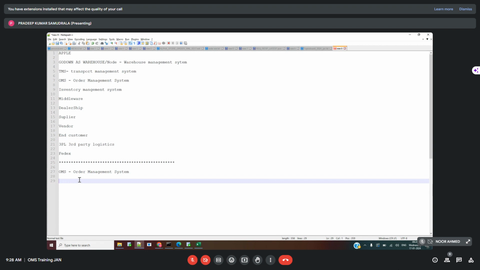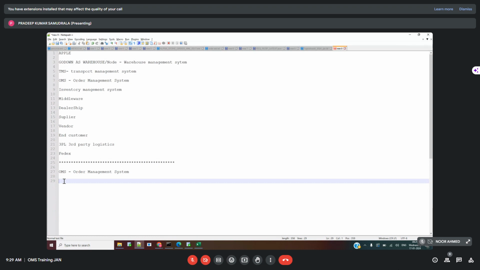So you place an order. First of all, the company trying to fulfill your order should understand where your inventory is available. For example, you place an order sitting in Chennai, and the order can't be fulfilled directly from Delhi or Mumbai or any far place. To understand in which nearest location the inventory is available to fulfill the demand raised by XYZ customer, we have certain functionality within OMS which will help in understanding the inventory picture of